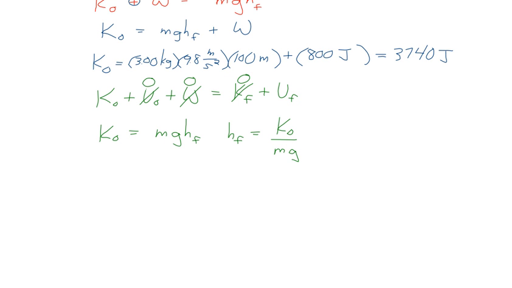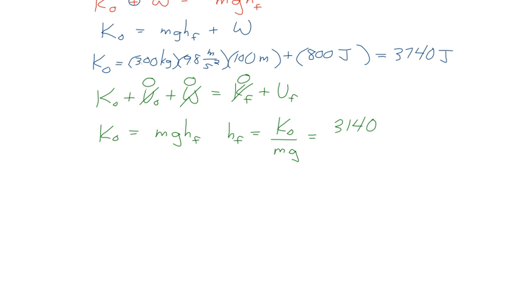Kf is 0 because when it reaches its maximum height, maximum height by definition means that it's no longer going up and it's on the verge of coming down, so it temporarily stops. Anytime you throw something into the air, as it goes up, it slows down, comes to a stop, and comes back down. So at the maximum height, that's when it changes direction from going up to coming down, so that's when it temporarily stops. So solving here, we're going to put in